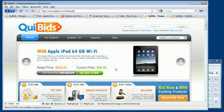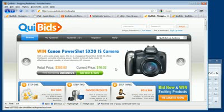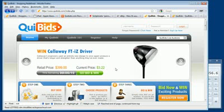So the question is, should you really participate in Quibids? The decision is up to you. Sometimes people get a really good deal, and sometimes people lose a lot of money. It's kind of like the lottery. And so I wouldn't use it as a main shopping site, definitely, because a lot of times you're going to lose. Most people lose on this site. They can try to purchase the items, but most of the time they'll end up paying more than if